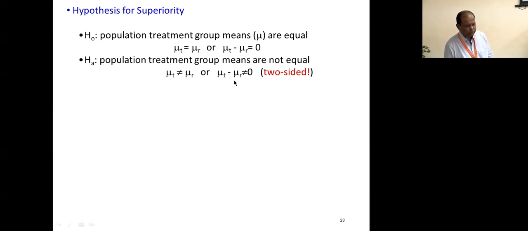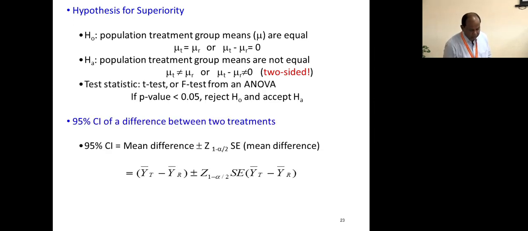The alternative hypothesis is a difference. So what do you do if you don't find any statistically significant difference? You work backwards and see what the power of your study is. Do the power analysis. Power analysis is nothing but how many subjects I should have studied given that difference. This is your standard error. This is the difference between the two arms. This is 1.96, approximately 2 times the standard error. Calculate the confidence interval.